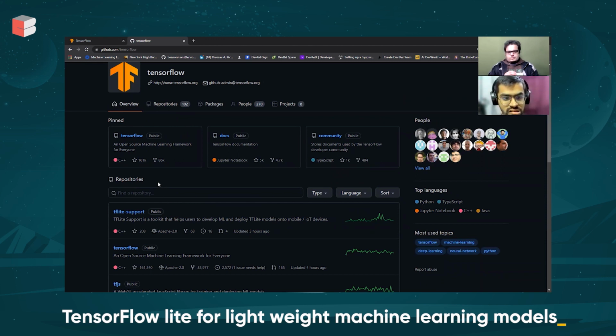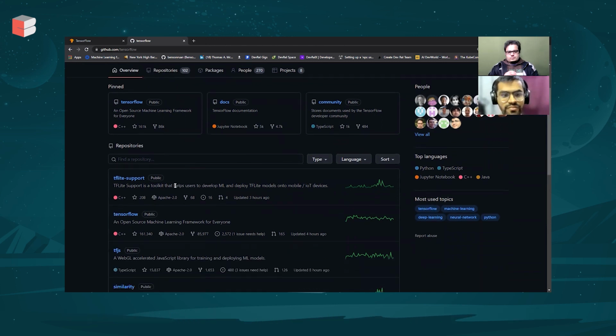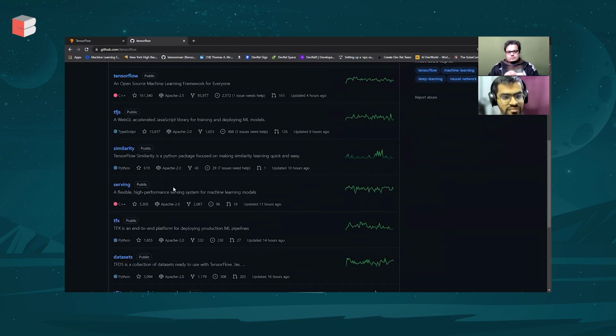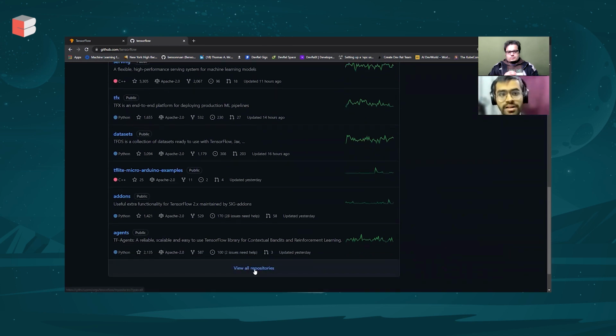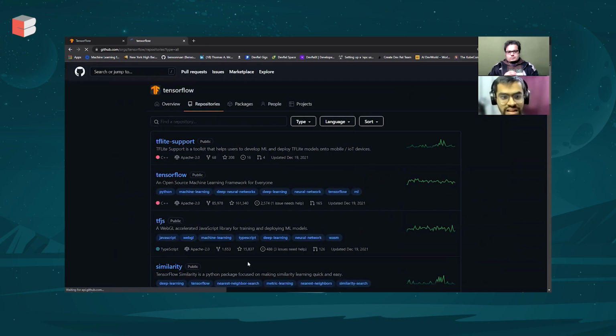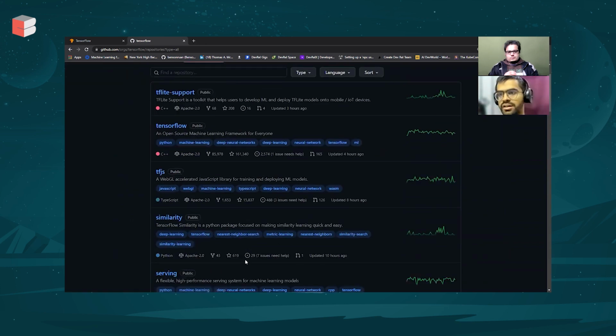For Swift there is a dedicated library as well. Then we have TensorFlow Rust. A lot of those code bases you'll find in those specific languages, but mostly TensorFlow itself is built on C++, and then of course Python.